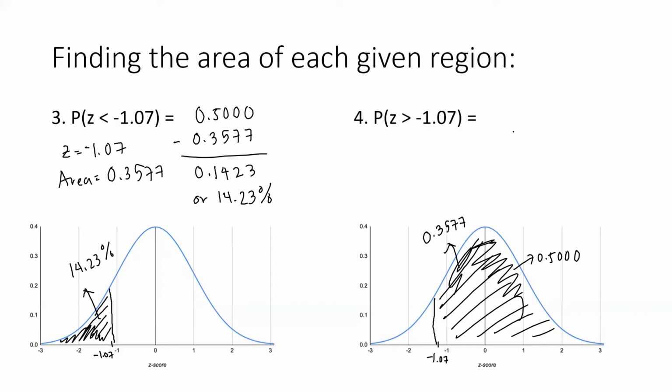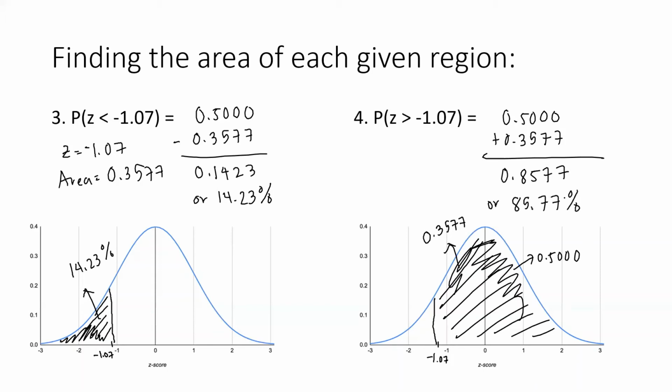Okay, so it will be 0.5000 plus 0.3577. Adding, it will become 0.8577 or 85.77%. Okay, so we can tell that if the z value is greater than the negative value,